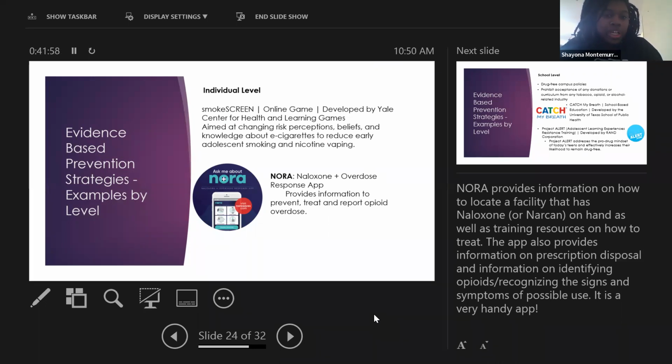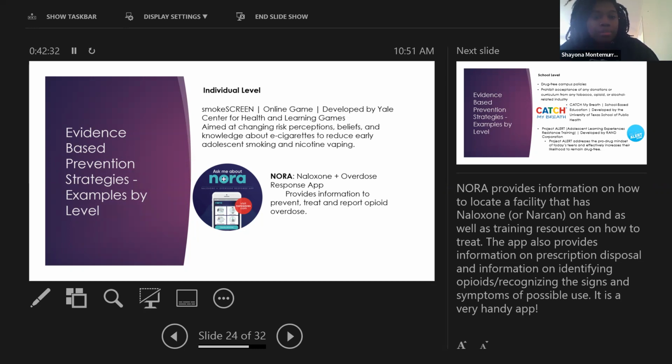We have a couple of strategies on this page. Smokescreen is an online game that is used for health and learning. It is for changing the perception of risk and beliefs and increasing knowledge for an individual about early adolescent smoking and vaping. We also have the Nora app, a naloxone plus overdose response app,